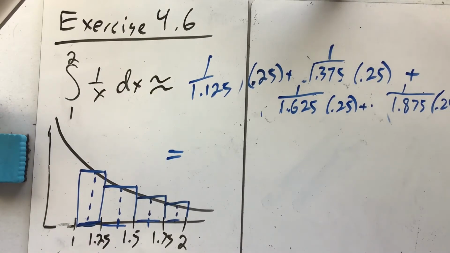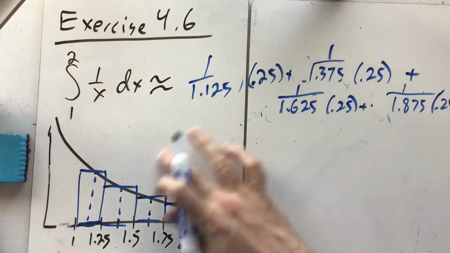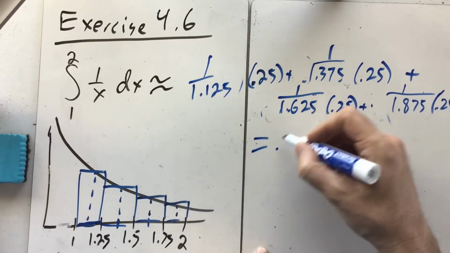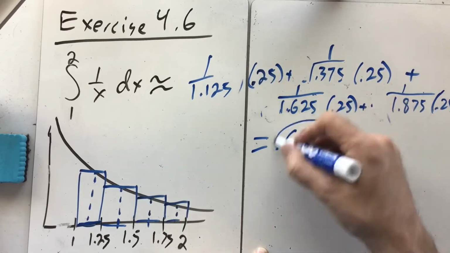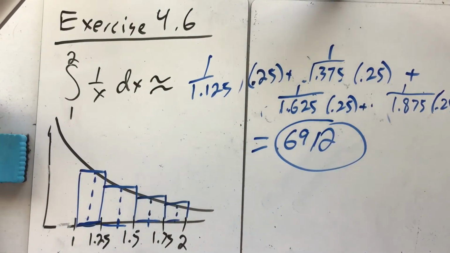1 divided by 1.125 plus 1 divided by 1.375 plus 1 divided by 1.625 plus 1 divided by 1.875. And that gets that number and multiply them all. So I usually add these. I usually factor out my 0.25 and multiply it last. It doesn't really matter, but what I get for my answer when I calculate all this is 0.6912. So there's my result, and that's actually pretty close to what I know the answer, the actual integral of